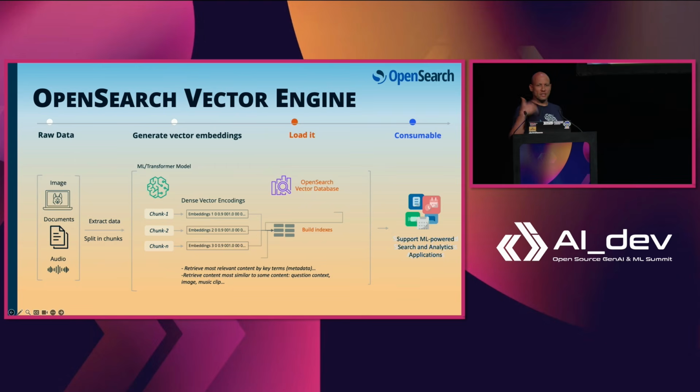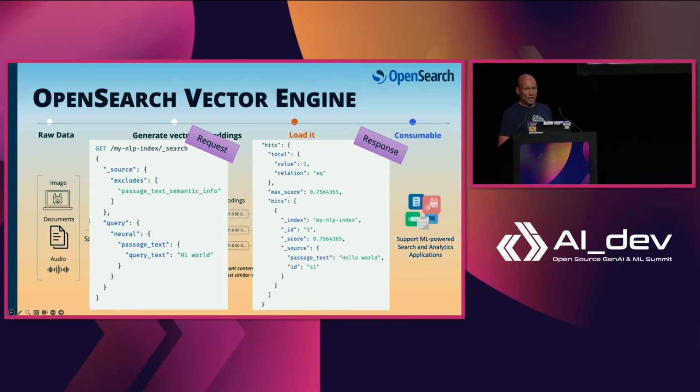Then ML transformer models are used to generate the embeddings, as we said before, for different modalities, and then the embeddings are indexed, stored, and are made available for all sorts of ML-driven search applications. And when you need to query that data, you just write your query text. Of course, you can also have an image or something else, and then a similar process will convert that query into an embedding using the same model, and then run the KNN algorithm to find the similar embeddings with their respective relevance scoring,